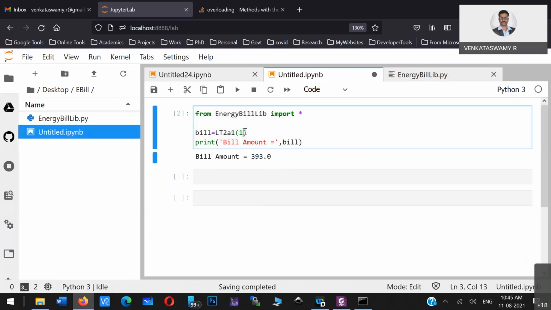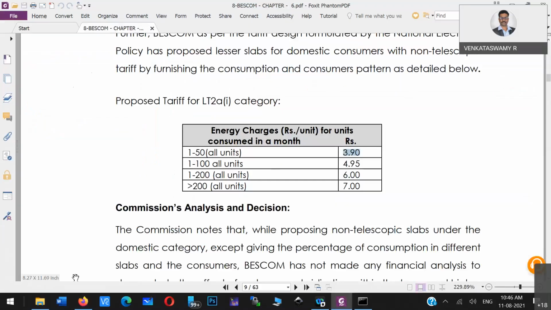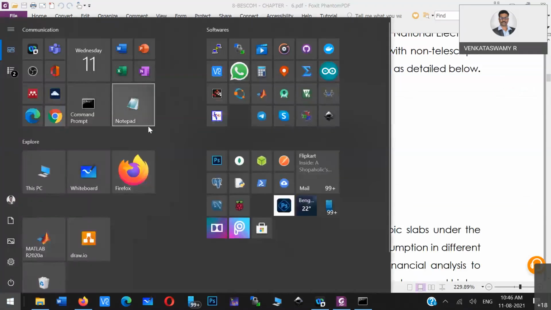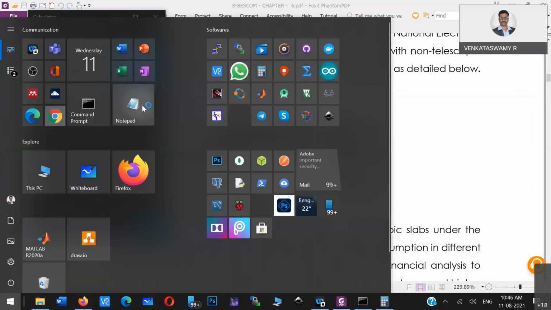And if I make it 101 units, then let me calculate here. 3.95 into 50, so that is 197. 197 is basically the first slot cost.